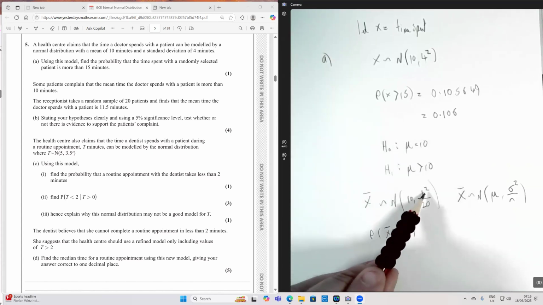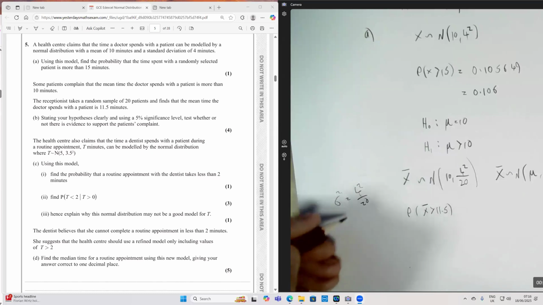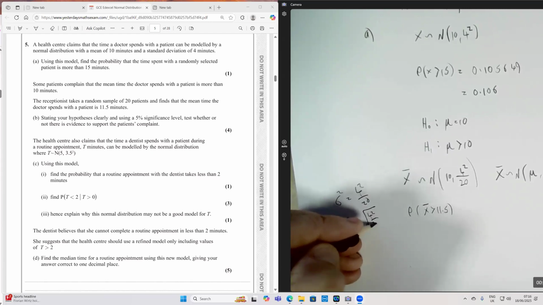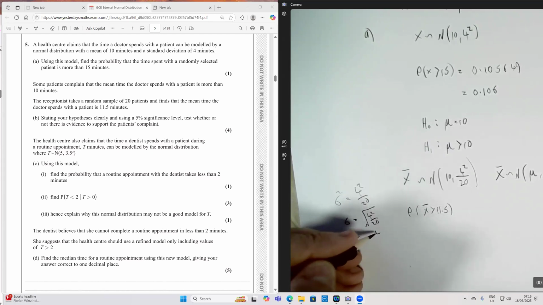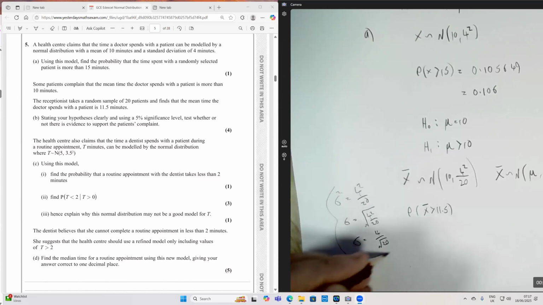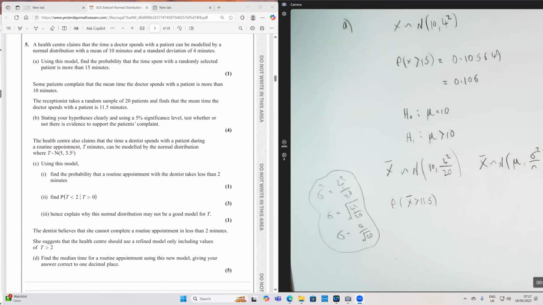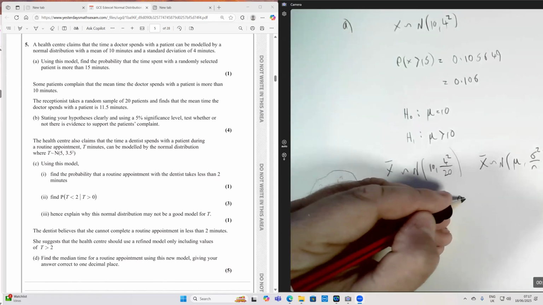Now, remembering that this is sigma squared, what we would actually enter into the calculator is only sigma. Sigma squared is 4 squared over 20, so you need the square root of that whole thing, the square root of 4 squared over 20. So what you're going to put into your calculator is 4 over root 20. So don't forget that. A common mistake that students make is forgetting to square root the standard deviation. So we do need to square root that when we put it in the calculator. Okay, so 4 over root 20 is what you put in, and when you put that into your calculator, you get